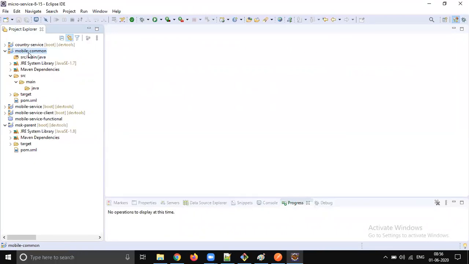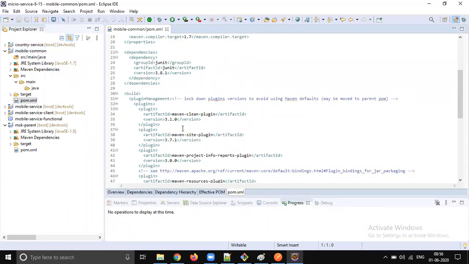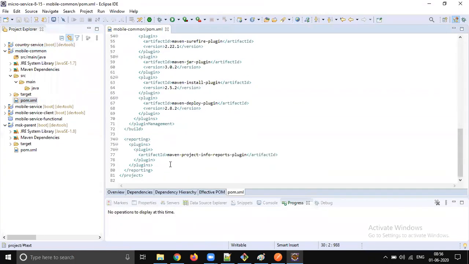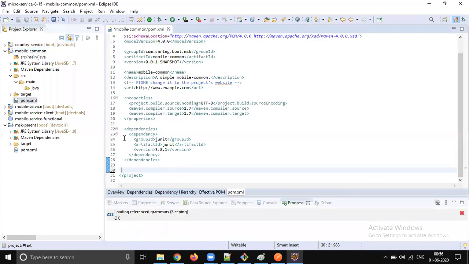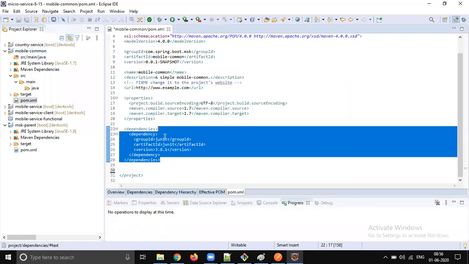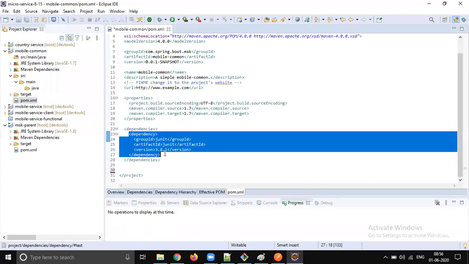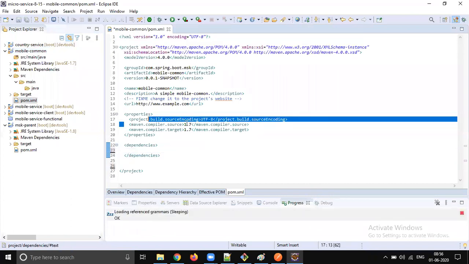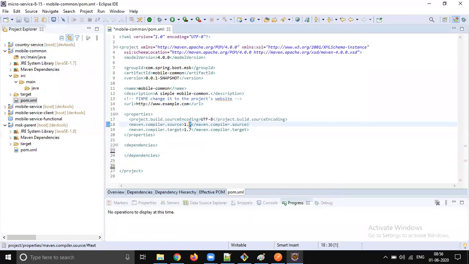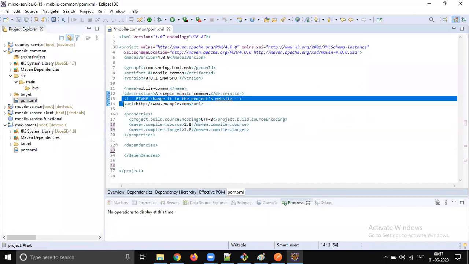Let's quickly move the common Java files. But before that, let's add a Lombok dependency. Let's remove this build reporting, not required. We don't need to change it here, and our target is 1.8, so let it be 1.8. Remove the URL.